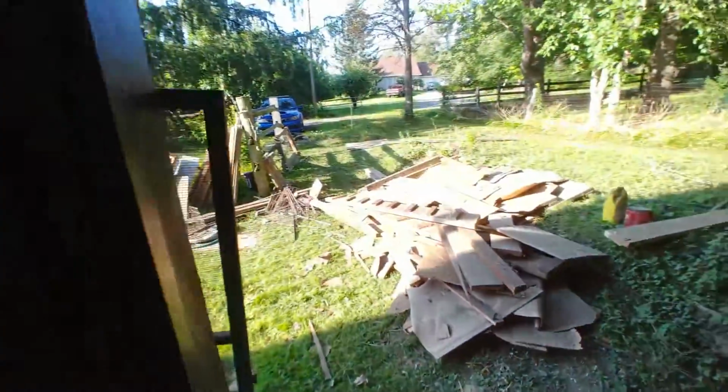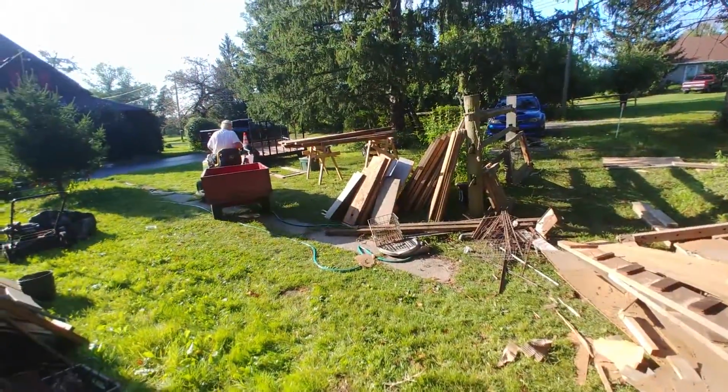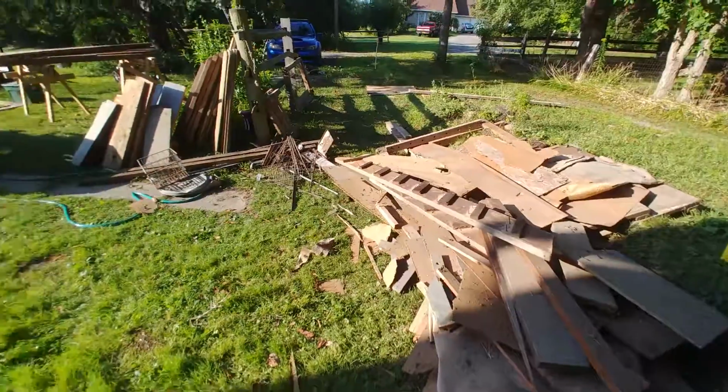That's my client Fred. He's coming to get another load. He's been breaking this stuff down for me out here. We've got a pile going, but